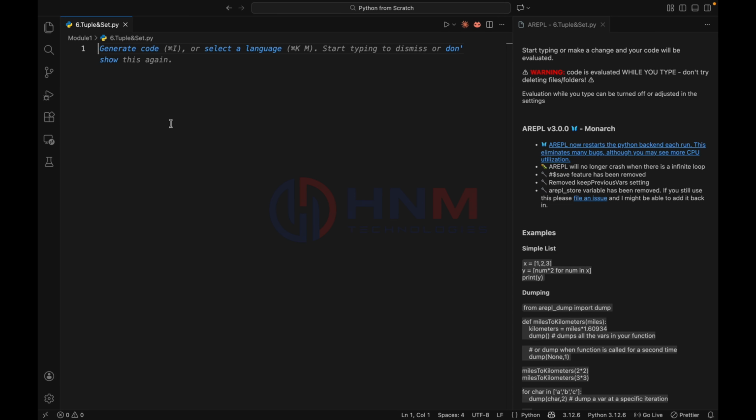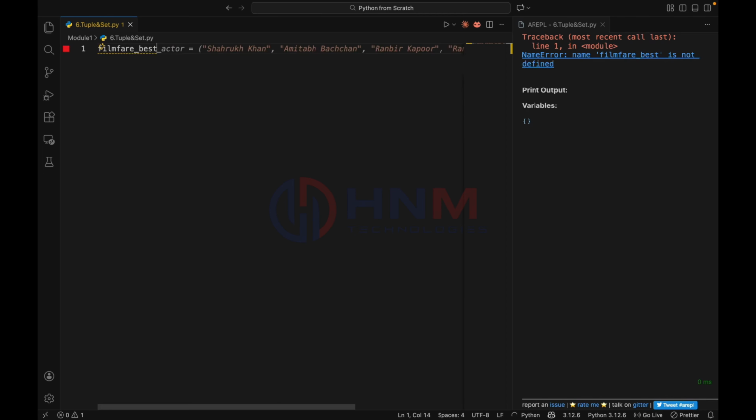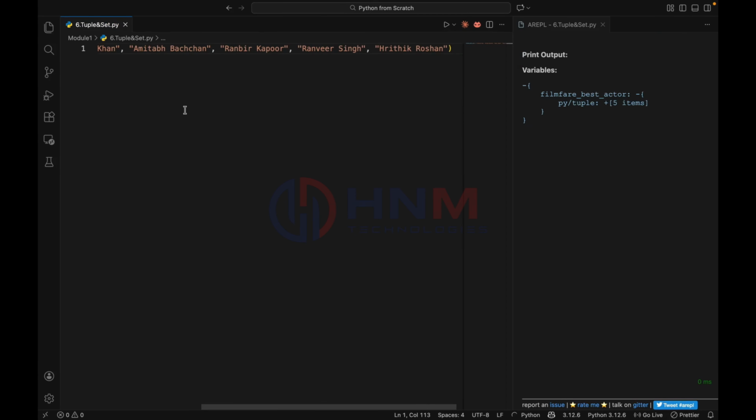We create a tuple using parentheses. I'll go with the Filmfare Best Actors: Shah Rukh Khan, Amitabh Bachchan, Ranbir Kapoor, Hrithik Roshan, and one more name from Tollywood, Vijay Devarakonda. I don't need the other names right now.